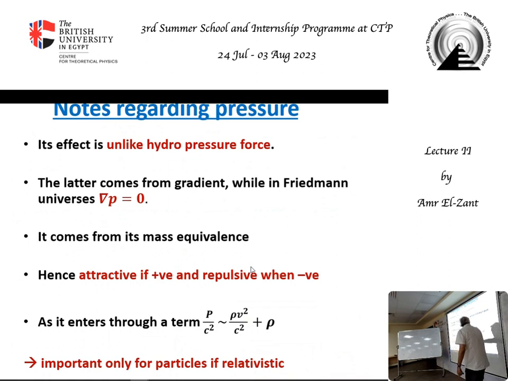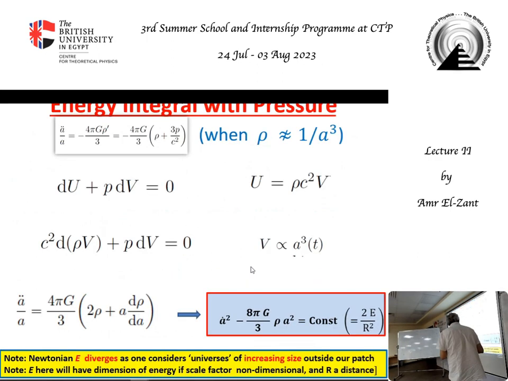So for example, for radiation, P is a third rho c squared. You can do this from Carnot cycles and so on. If you did thermodynamics, you can look it up. For radiation, the radiation pressure. If you didn't do it, by the way, look it up because we'll need it when we discuss the cosmic microwave background. So read up on radiation pressure on Wikipedia or something like that. Okay? So it's a third. So this will be a third for radiation pressure. There's other things that are much more exotic than that.